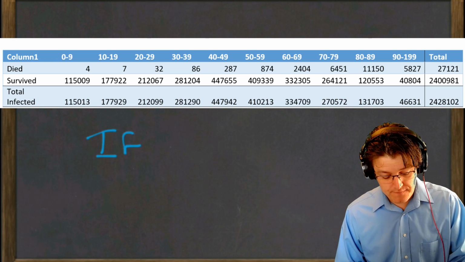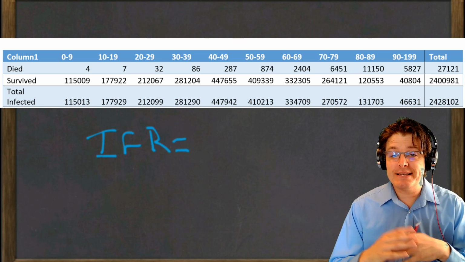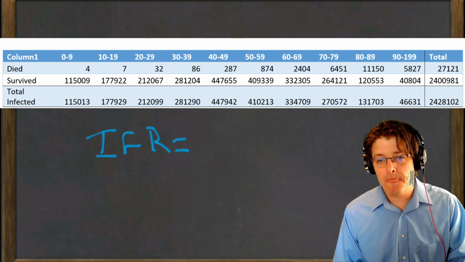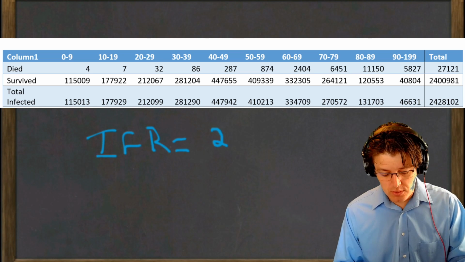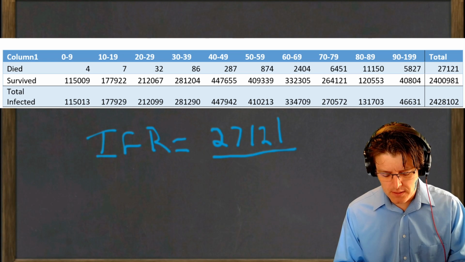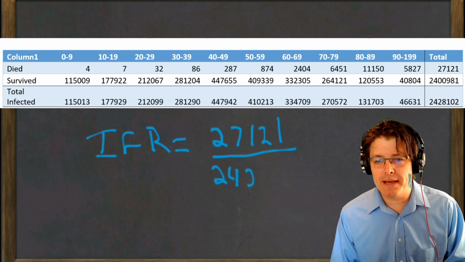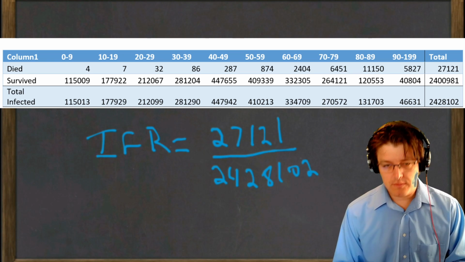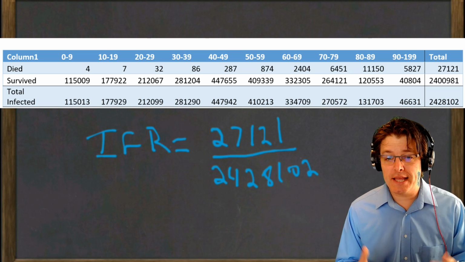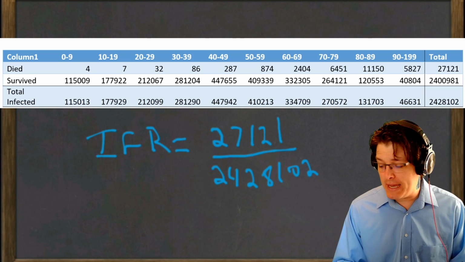Infection fatality rate, right? So if you become infected, what's your chance of survival? Again, this is independent of your age. So in that case, we just simply do 27121. Again, this is out of Spain, so that's why it's not 200,000 or something. And we would then divide by the total number of infections, right? So a simple probability based on empirical data as best we can get. And again, oftentimes with empirical data, we have these caveats that we're trying the best we can.